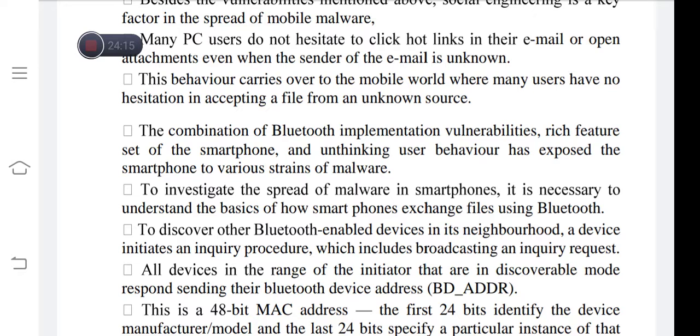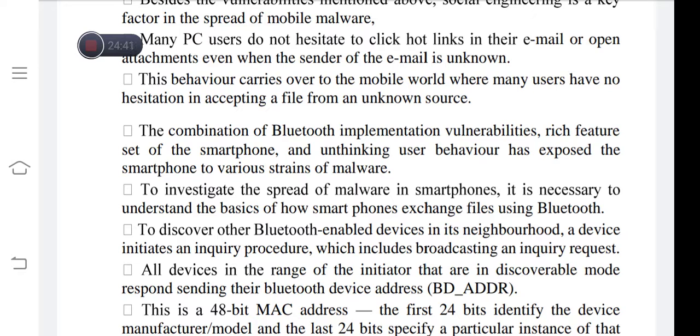The Bluetooth enabled devices in its neighborhood will be found by an inquiry procedure. That inquiry procedure includes broadcasting an inquiry request. That is, the Bluetooth device will be sending the inquiry request.